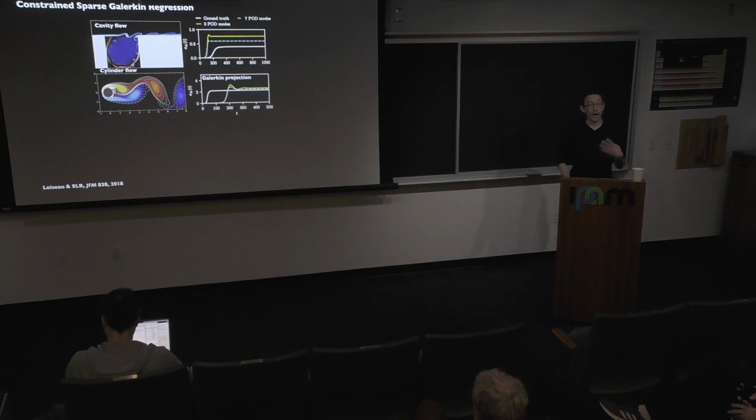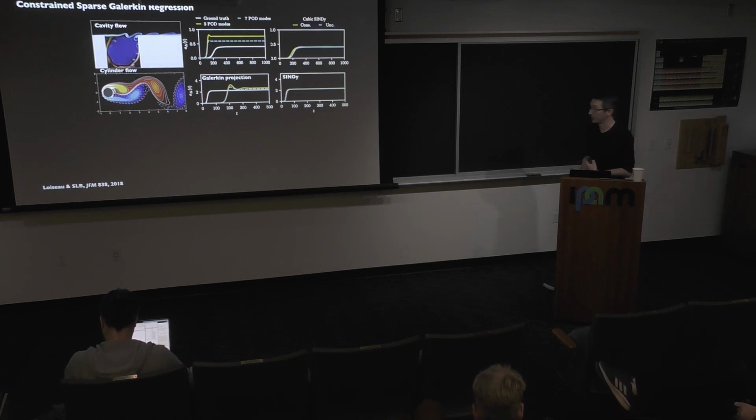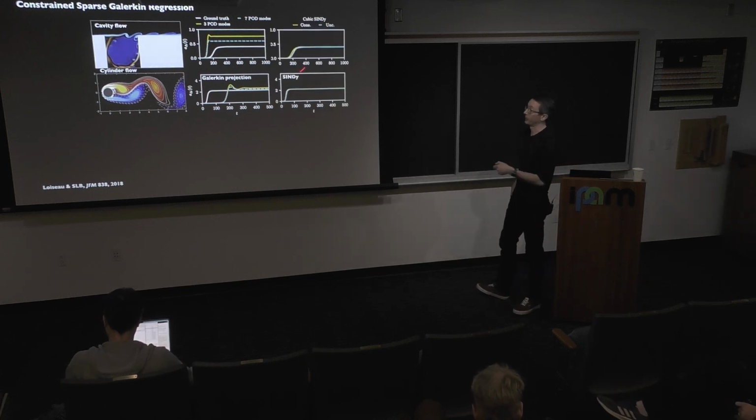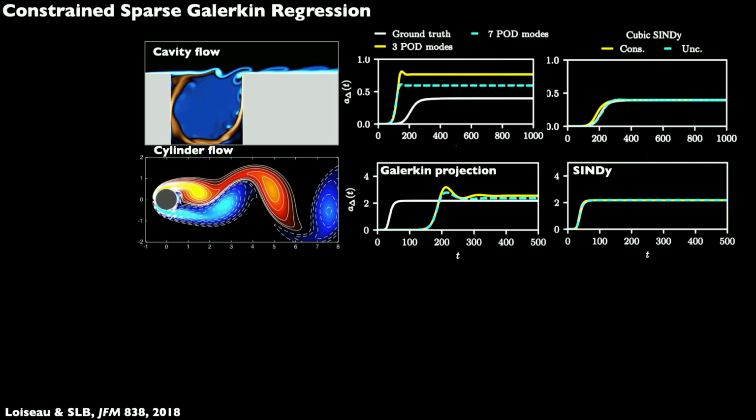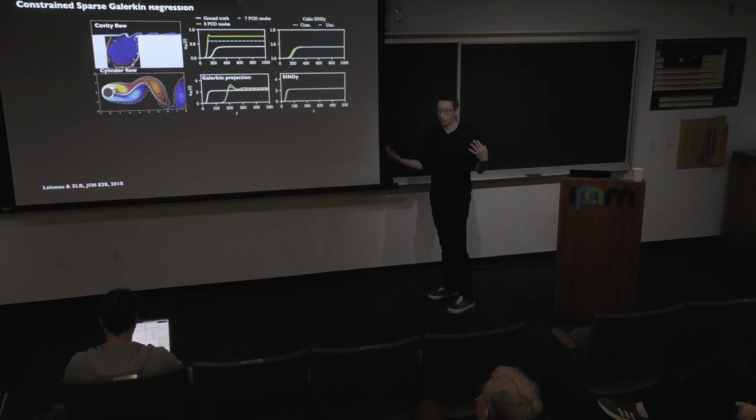When we do SINDy, either by including these constraints or by having higher order terms like cubic terms, we get almost perfect quantitative agreement for this quantity of interest. These are models with 2 states. These are 2 coupled differential equations, first order. Much, much more accurate. Now, accuracy is good, right? I like to do control theory and modeling, and so I always want my models to be accurate, but that's not why I love these models.